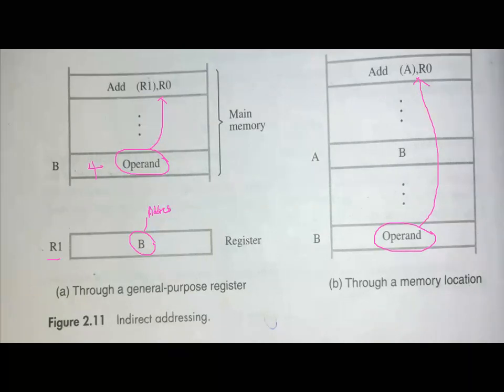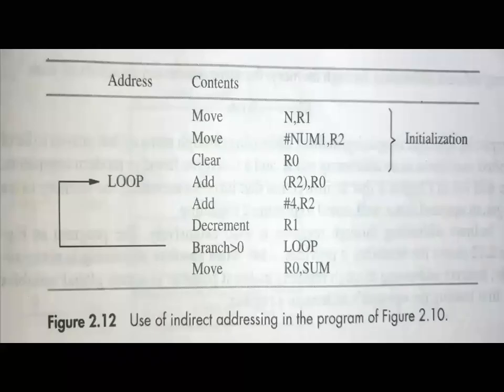Okay, next. So here we have one example. Just observe how we can utilize whatever addressing modes we have discussed up to now. See, MOVE N comma R1. This is what I told you while discussing the branch: how to find the next number and how to add it. There was a sentence like find the next number and add it to R0 or R1. That was our previous example.